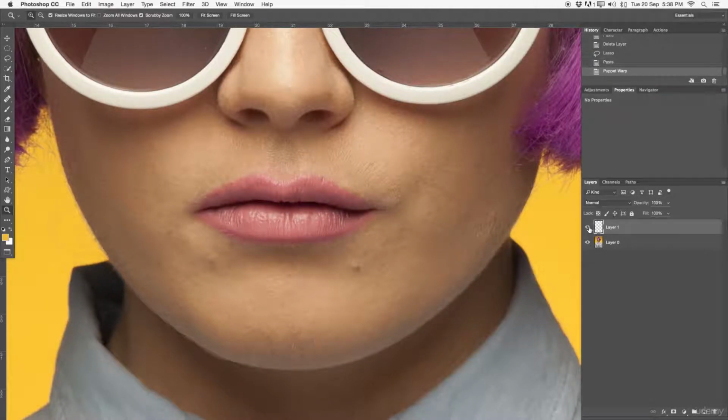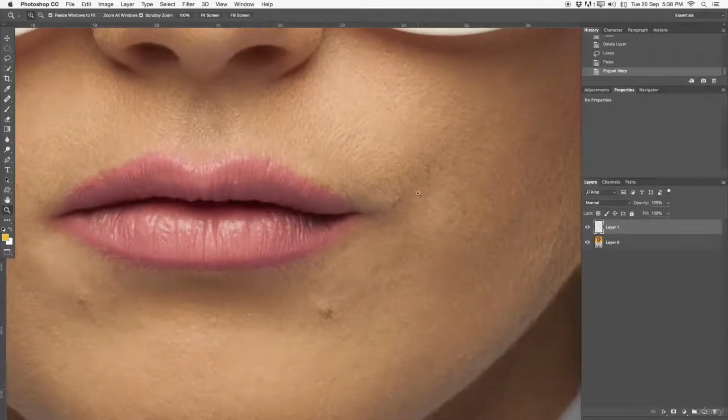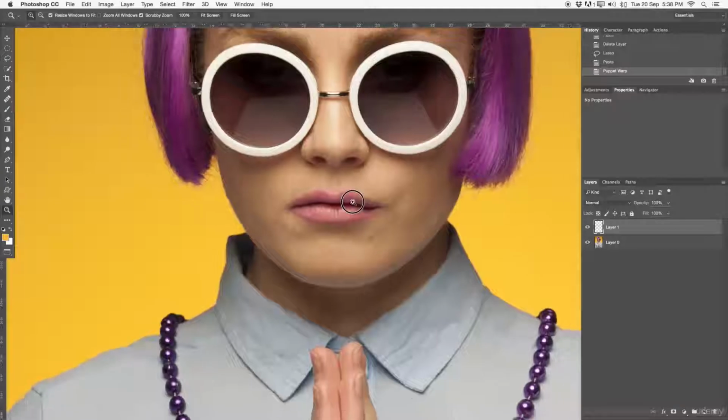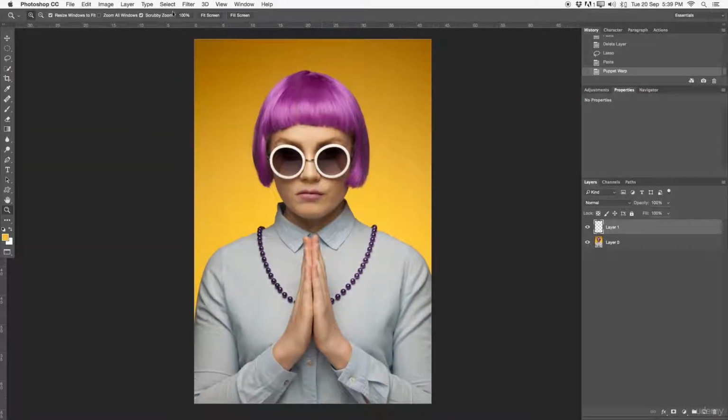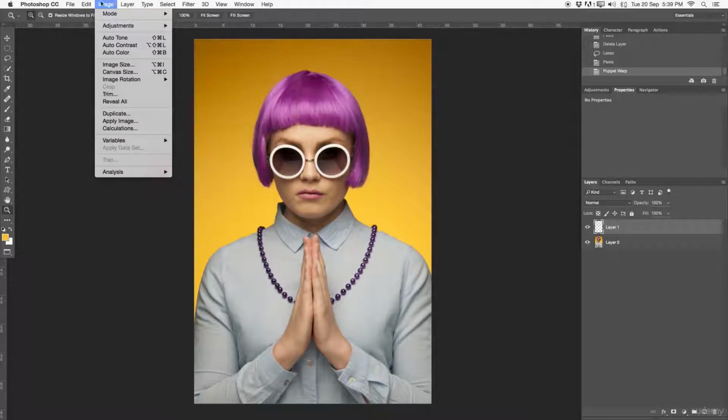So here's the before and after, before and after. And Photoshop does a good job of rendering everything in on this. Here it's a little bit of a mess up, but again, remember you can erase this or use a brush in order to erase or brush this out. So yeah, this is basically just the normal transform and the Puppet Warp tool. Pretty good tools to also know from the top